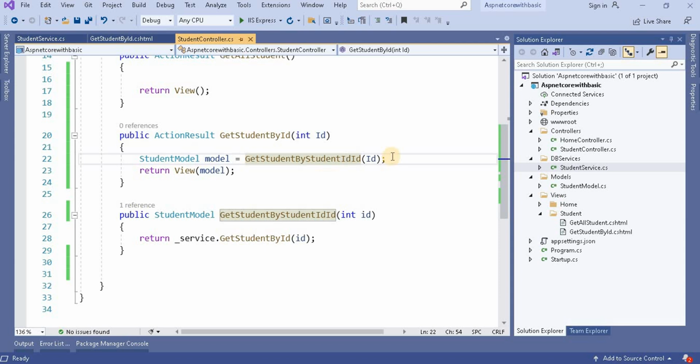So we got the data by ID, and whatever data is there, we are passing to this view. Now we have to read this data inside the view.